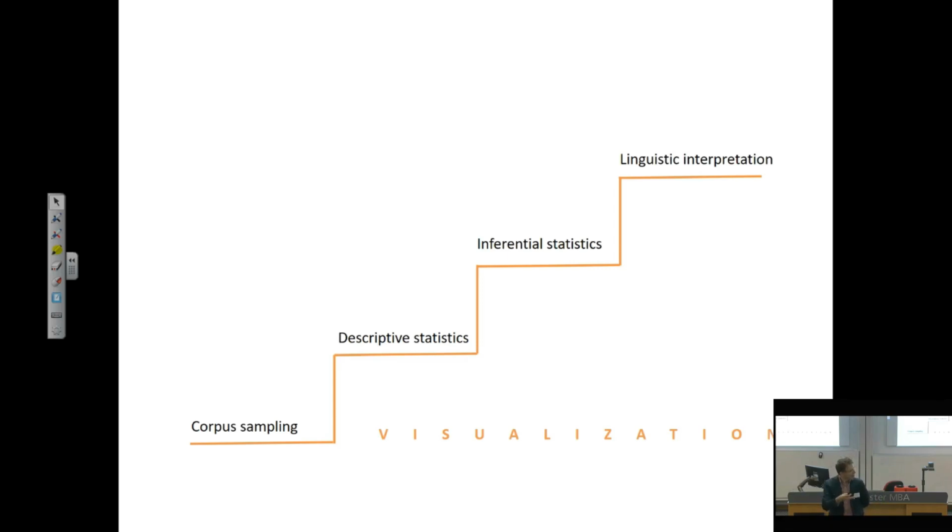My argument today would be that good principles of visualization underlie the whole process. From data sampling, when we are drawing our sampling frame, so doodling our corpora that we want to sample, to the final stages of analysis, where we look at the data and try to see patterns and try to relate them to linguistic and social theory. Right? So good visualization can be crucial throughout this process, and can help us throughout this process.